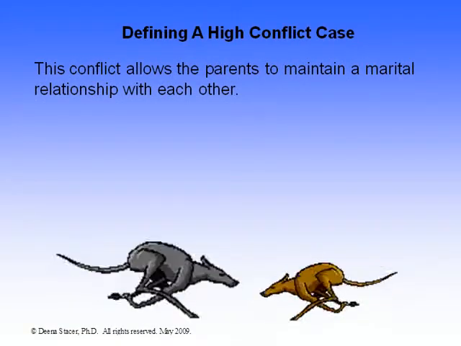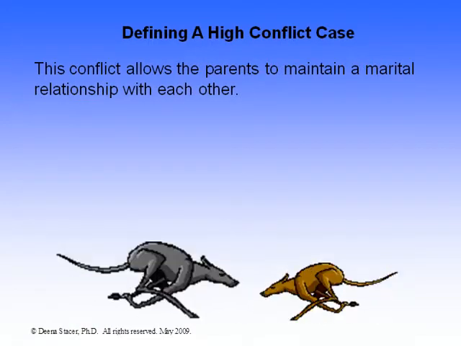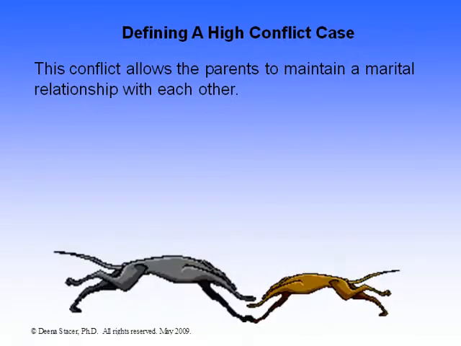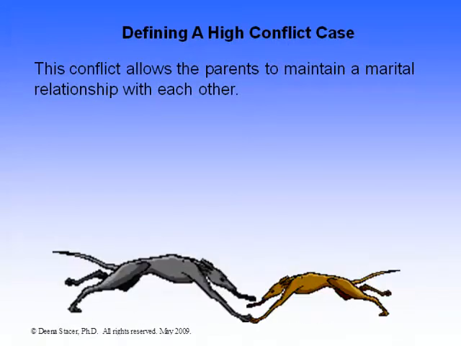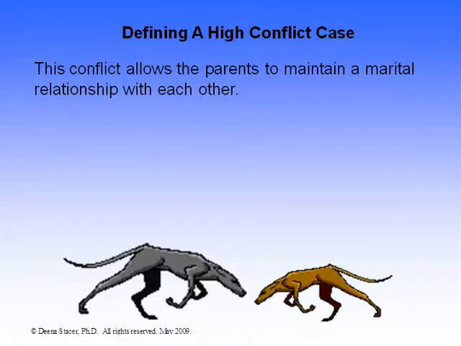Now, additionally, the conflict allows the parents to maintain their marital relationship with each other. And how does that work? Well, first of all, if you have a conflictual situation, you've got maybe one or both of the parents that can't let go of each other. One parent will say, well, I've moved on, I'm done. But I have found many, many times that there's still unresolved emotions. Either somebody still loves the other parent or they feel guilty about leaving the children out of the relationship as a family, not being able to put that together. So that's a piece of it.